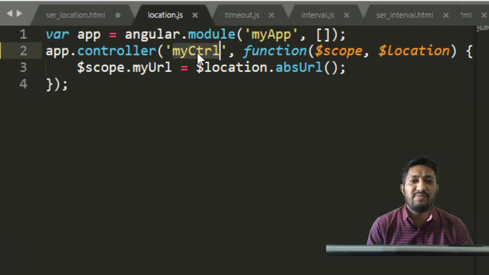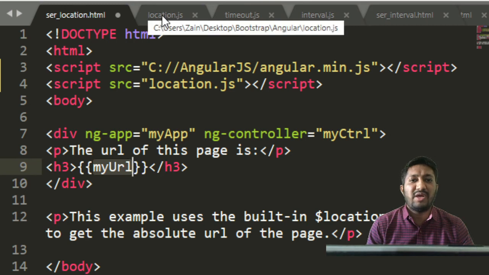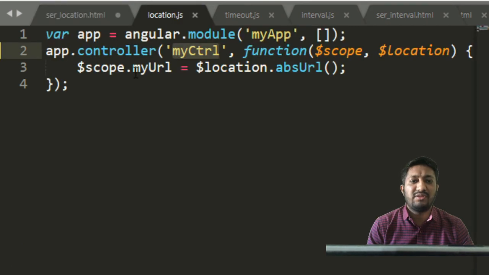The controller name is myControl, as in the controller function. Now I'm writing the URL of this page in the expression myURL. myURL is a variable that gives the absolute path of my particular web page, stored in myURL with the help of scope.